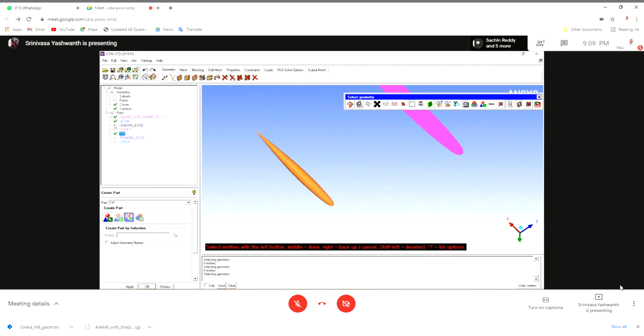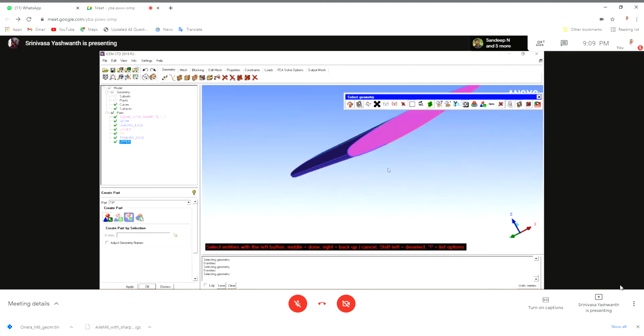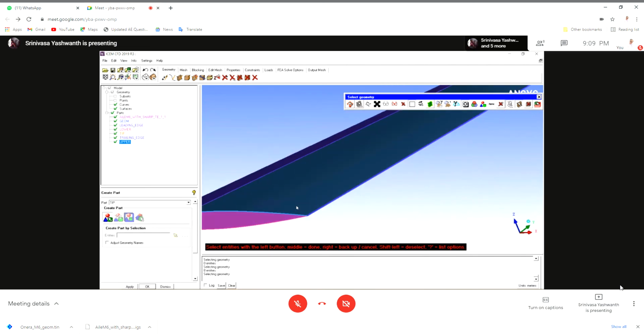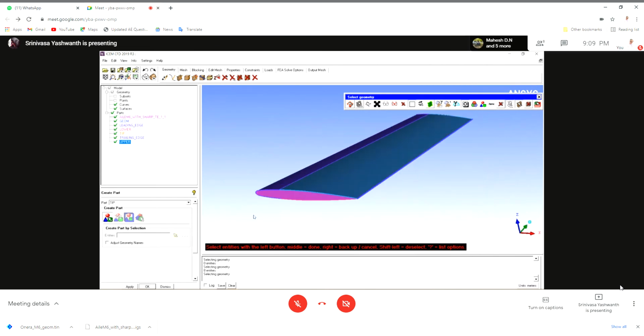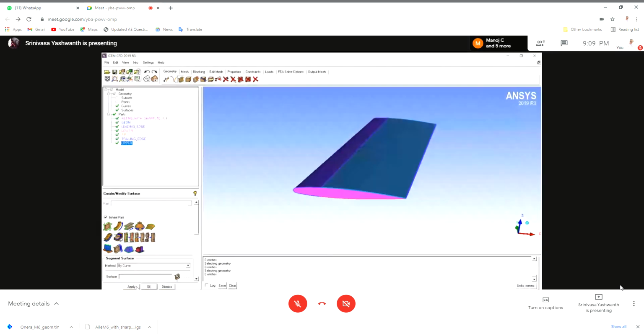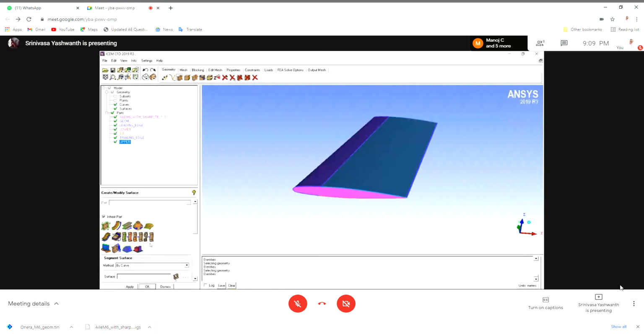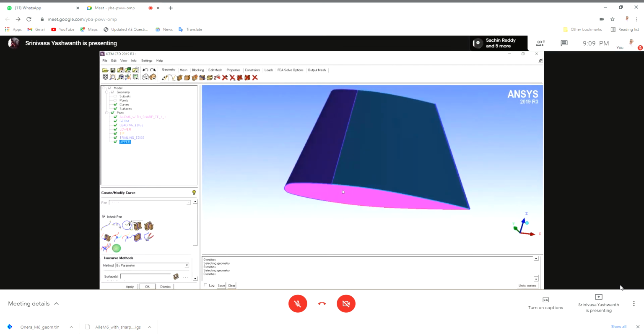Okay. So what I have done, to recap, is I have imported the geometry. I have separated the entities which I want to mesh. To do that, I have used the option segment to trim surface, and since that requires a curve as an input, I have created an iso curve on the upper and lower surfaces, and then used that to split the geometry.